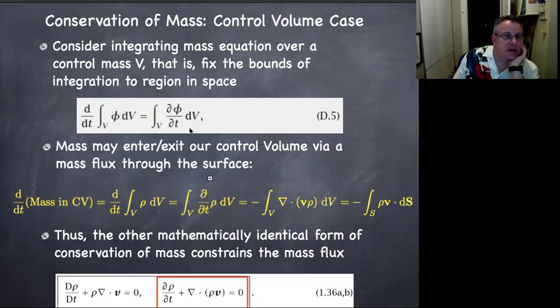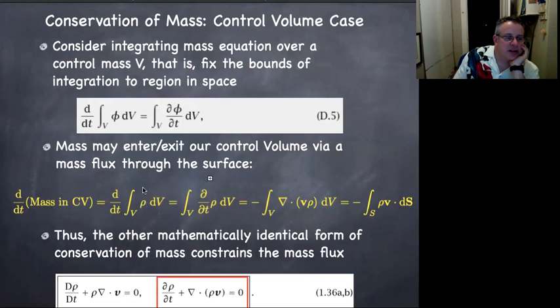It turns into a partial derivative, and bingo, we can write the total derivative with respect to time of an integral as the partial of that same property within that volume. And the reason why the d/dt can move through the integral is because the volume doesn't depend on time. And so we can think about the rate of change of mass in the control volume as the total derivative of the integral of